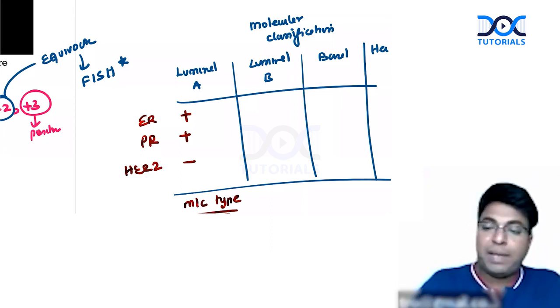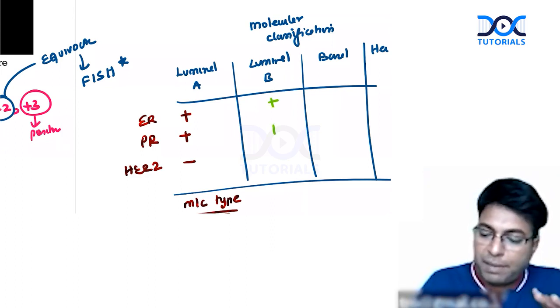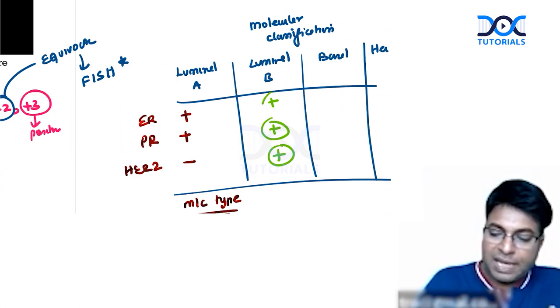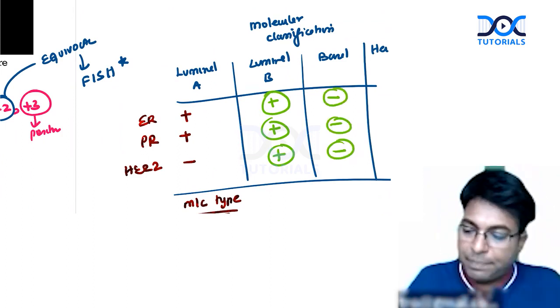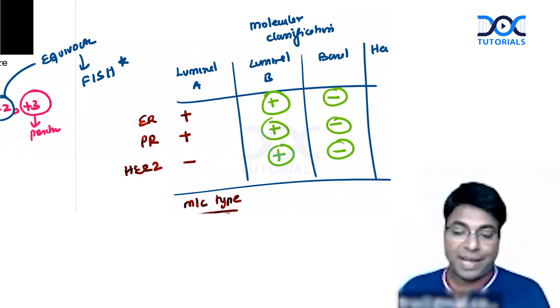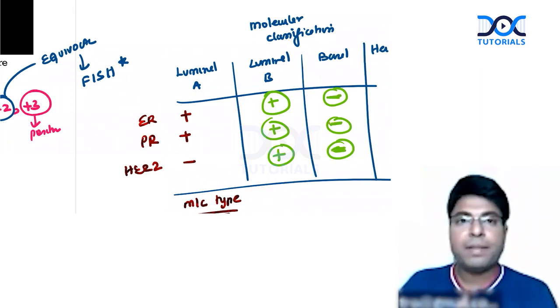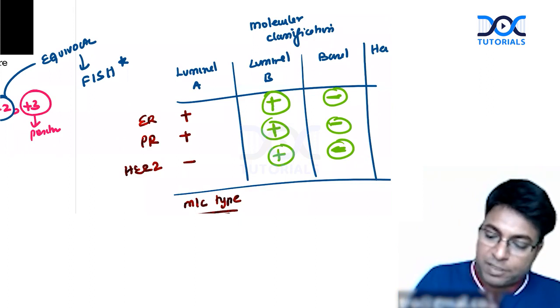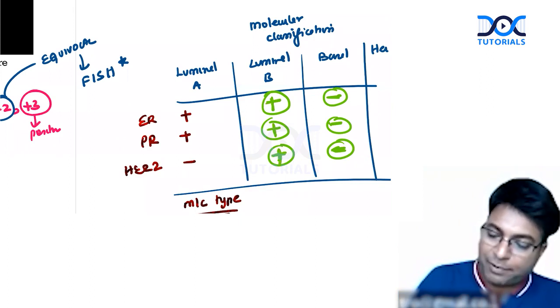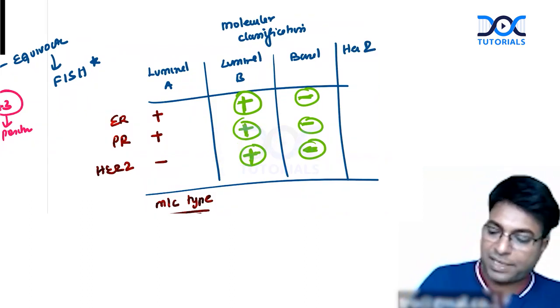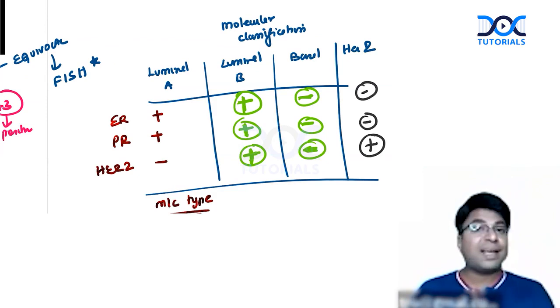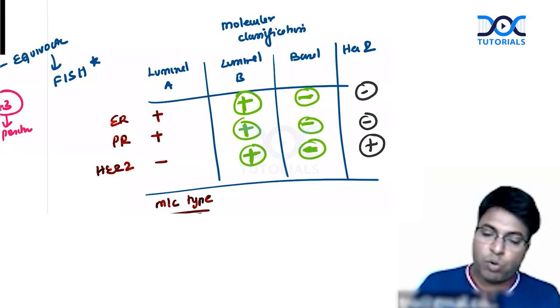How to remember luminal B? B means you should always be B positive, all are positive. Basal means you are in the base if you are all negative. Don't get confused in this in the exam. You will go to the base when you become negative. So all negative will go to the base. If you are in the B group, you should always be B positive. So please remember: B positive, all positive. Basal, all negative. HER2, only HER2 is positive, all other guys are negative. So this is a classification. Please don't forget, luminal A is the most common type.